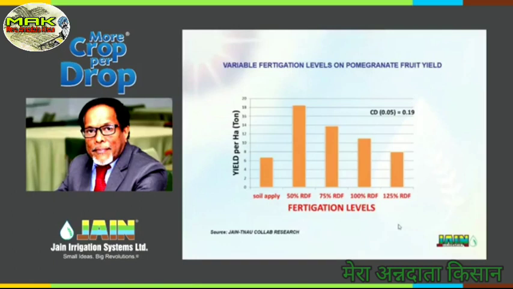But you have to painfully conduct experiments and prove this point. Till that time, nobody will believe you. But if you also increase the fertilizer, see whether it makes any benefit. No, the histograms are smaller. With 100%, the full dose, it's only 10 or 11 tons that is coming. So when fertigation is done properly in precision farming, you can reduce the recommended doses of fertilizer. But your schedule has to be perfect.